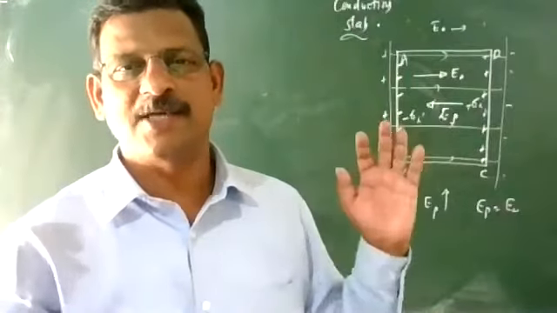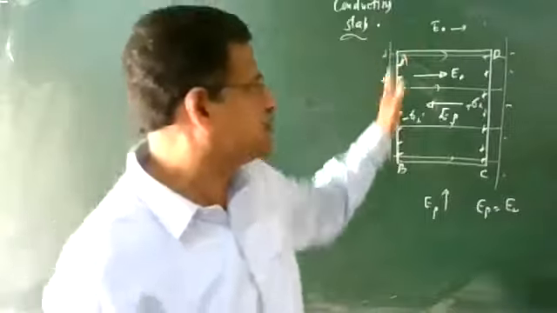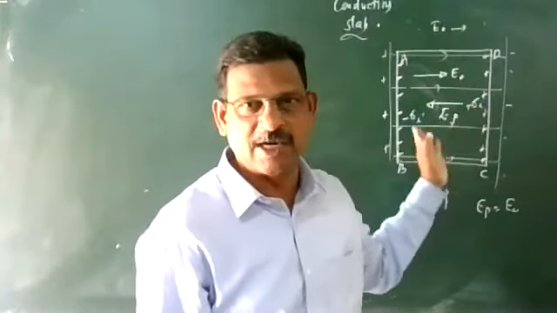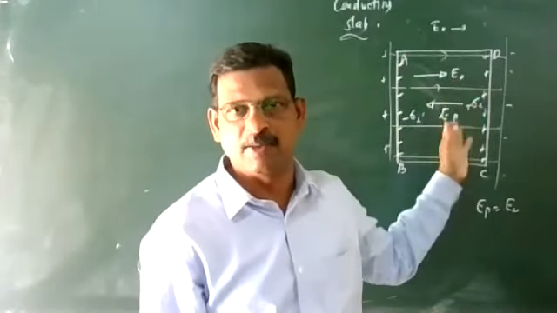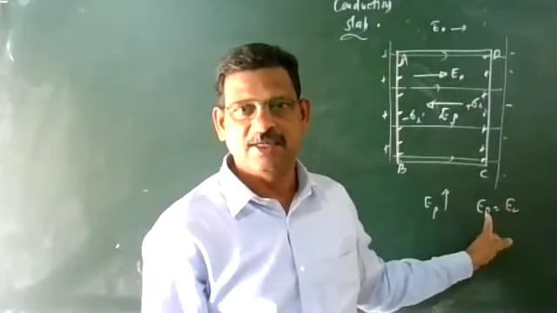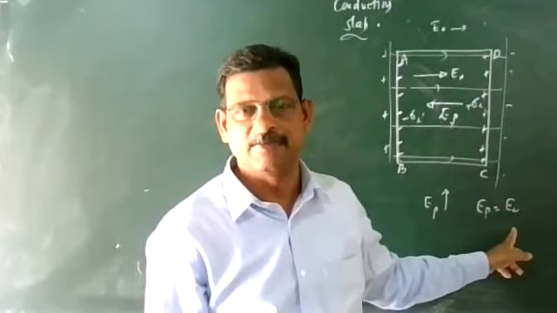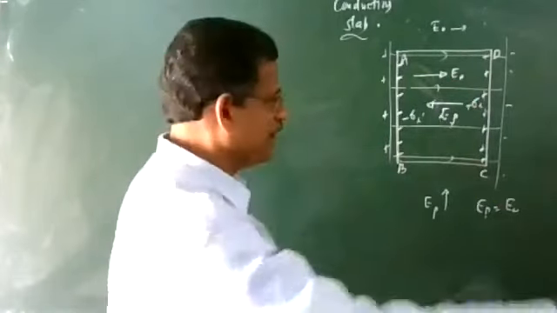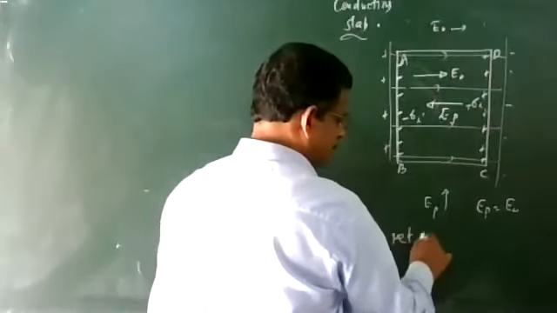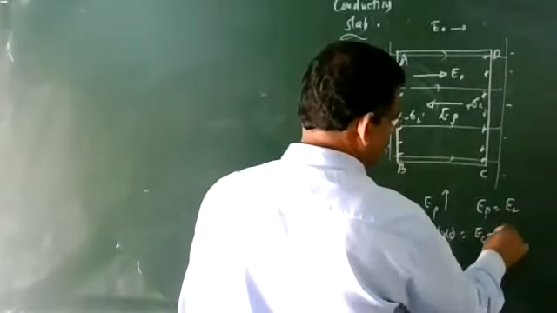So whenever you place a positive conductor, electrons will drift, gathering negative charge on one side and positive charge on the other, which produces an additional electric field inside which is opposed to the applied electric field. So EP increases and becomes equal to E naught within a fraction of a second. So the net electric field inside the conductor is E naught minus EP.